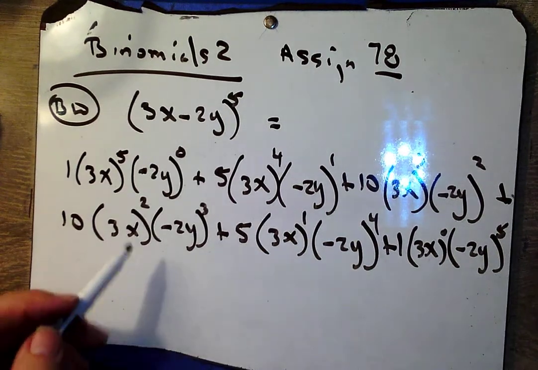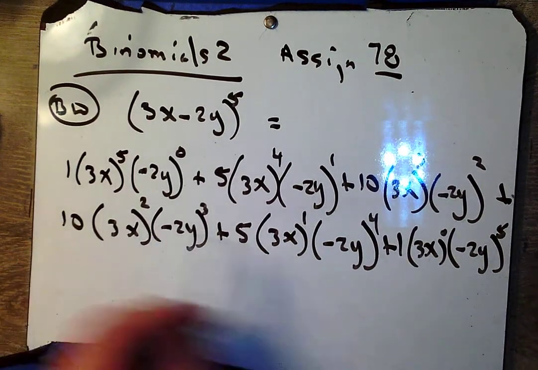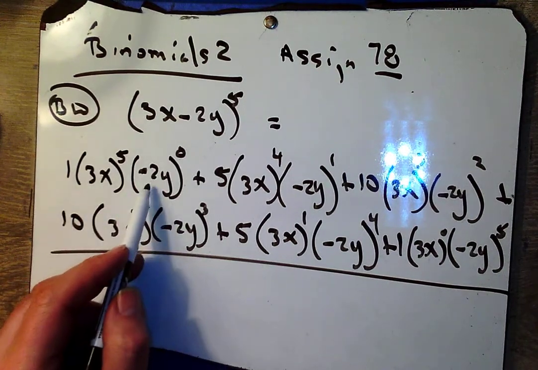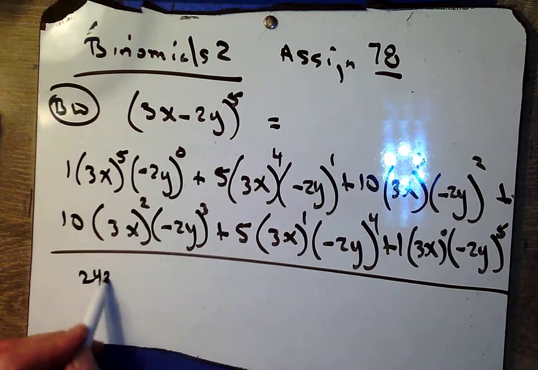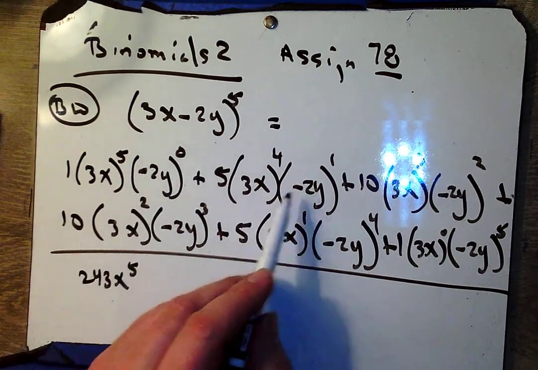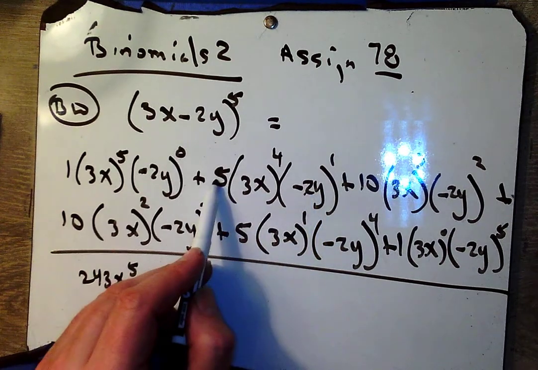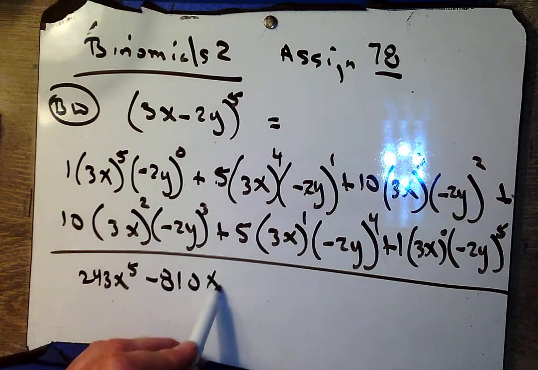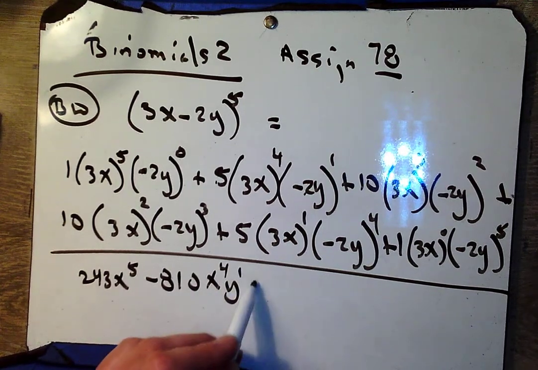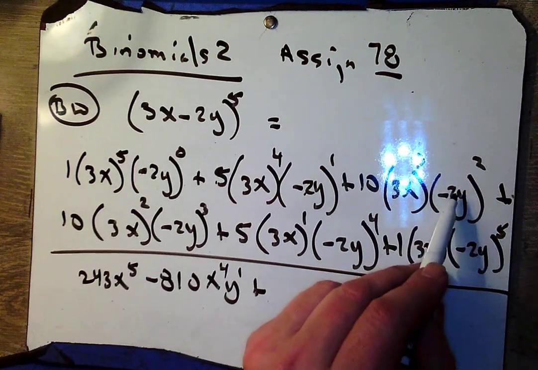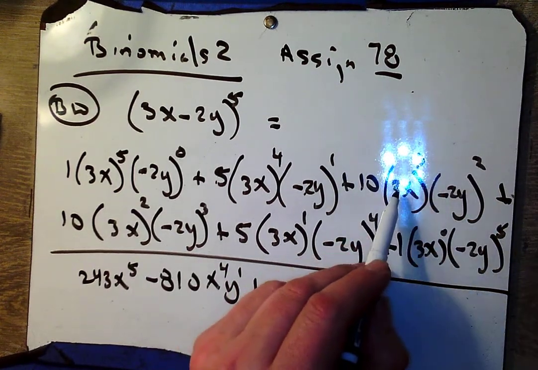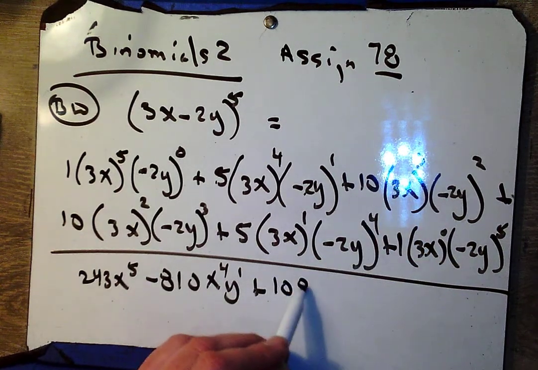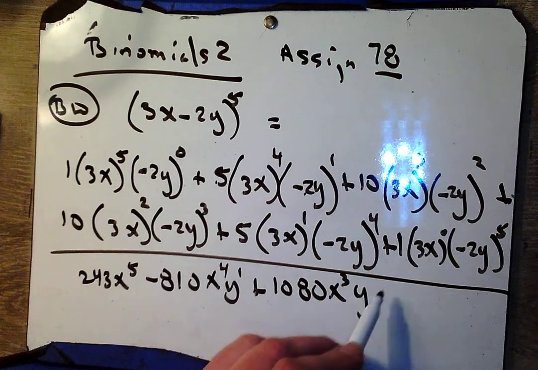All right, so can we tidy this up? Sure, I'll tidy it up down here. 3 to the fifth is 243 times 1. So 243 x to the fifth. I've got negative 2 times 5 is negative 10 times 81, negative 810, x to the fourth, y to the first, plus 4 times 27 is 108 times 10, 1080, x to the third, y to the second,